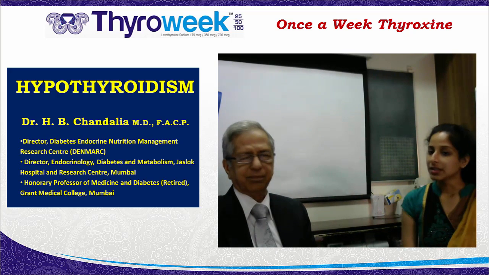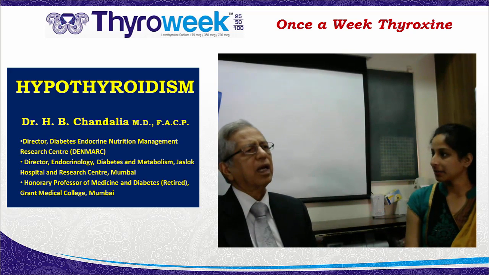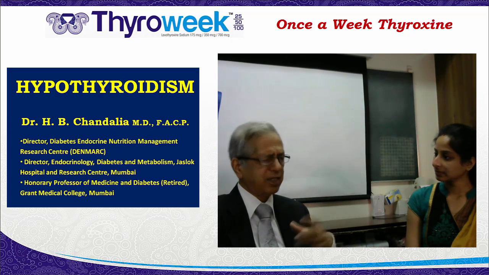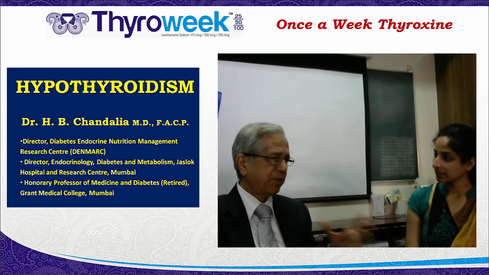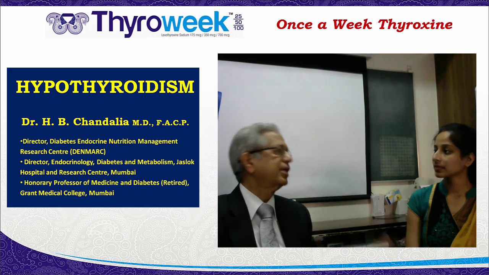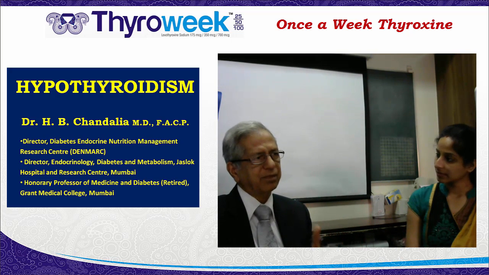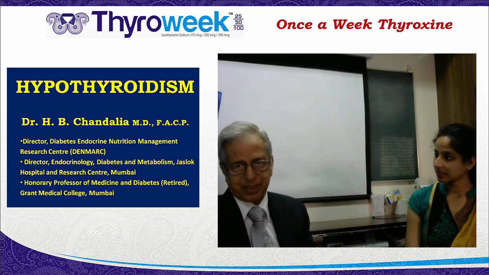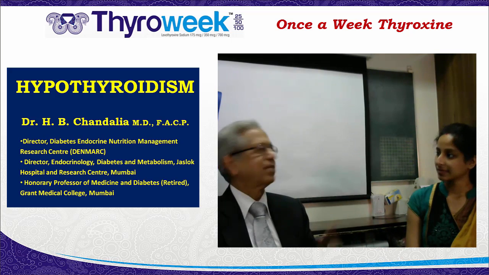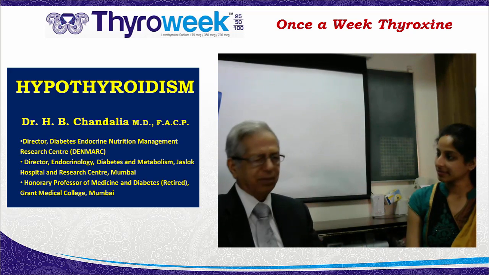Okay, sir. So, how to titrate the weekly dose for newly diagnosed patients? Yes, whatever titration dose you want to decide to start with, as I said, usually one starts very low. In patients where there is some history of cardiac problem, even 12.5. So you give 12.5 weekly, and in the others 25. And then you escalate as you would have done for the daily dose in the same fashion on a weekly basis. After about 4 to 6 weeks, you study the thyroid hormone levels and then you decide from there. So titration is almost similar to daily dose, except that you give a weekly dose.